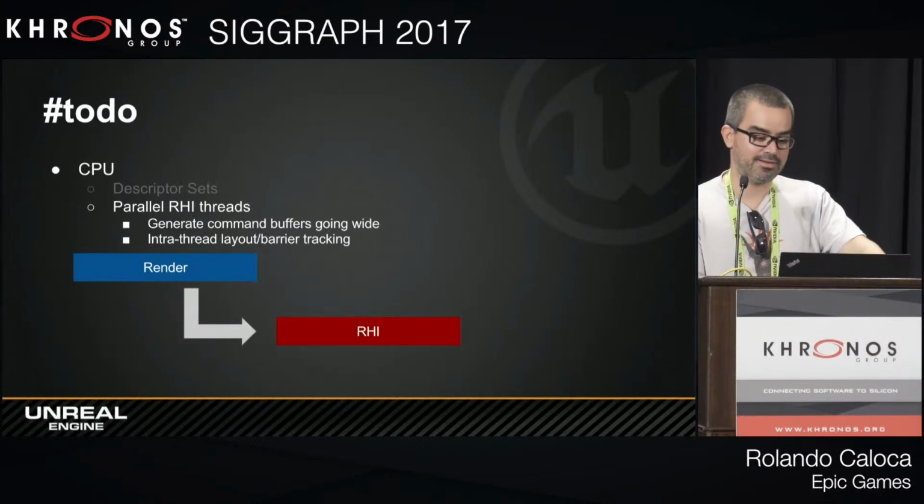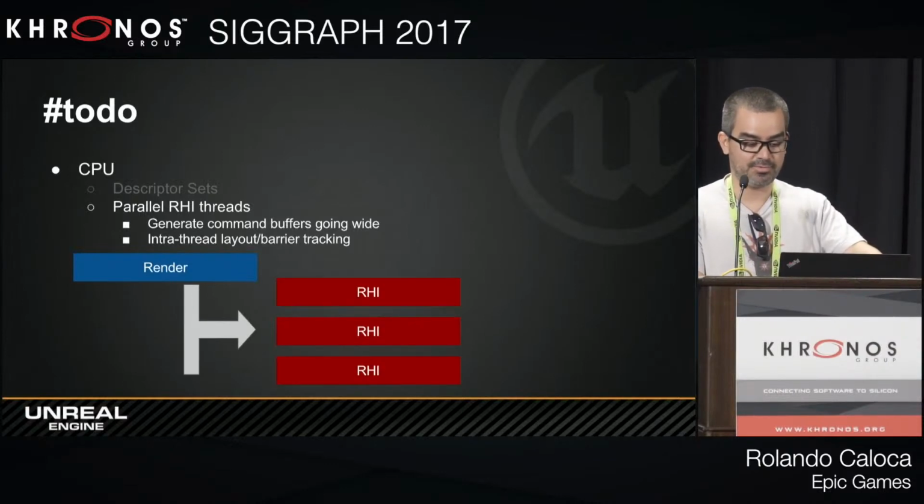On the GPU side, we also wanted parallel RHI threads. So the renderer right now enqueues commands to the RHI, which runs in another thread, and that's what generates the Vulkan commands. So what we want to do is obviously go as wide as possible, more than 3 boxes, but I could just fill 3 here. And one of the problems with this is having the layout and barrier tracking, which I'll talk about in a little bit. So why it's a problem. But this is where we want to go to get the most performance and basically beat the X11 with it.